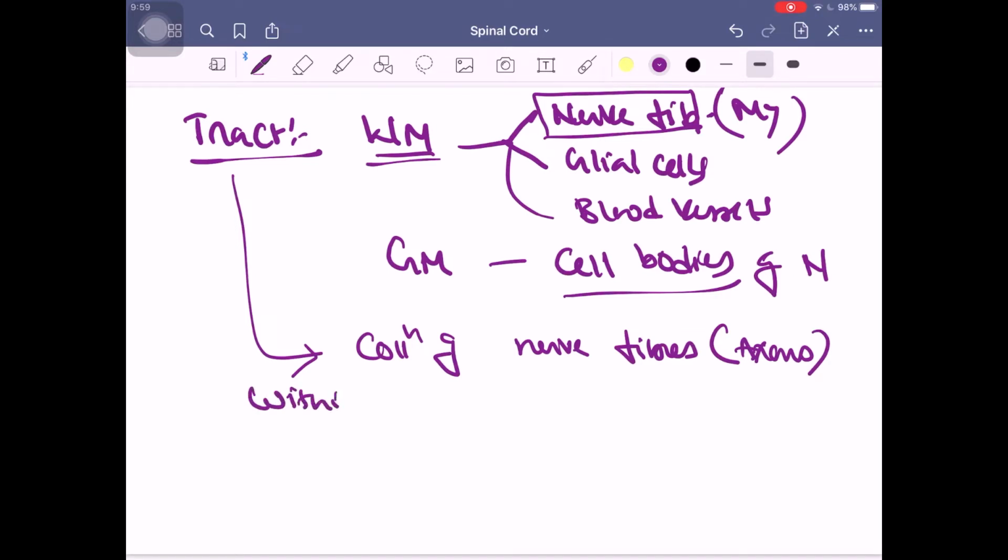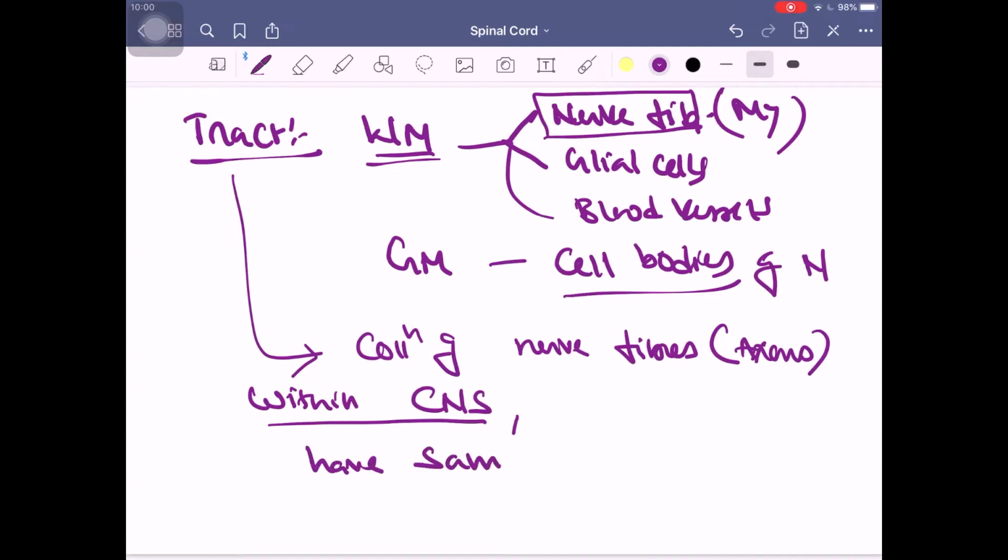Very important: within the CNS, the central nervous system, only then do we use the word tract. If the same nerve fibers are outside, leaving the brain and spinal cord and coming out, we use the word nerve, and here we are using them as a tract. So tract and nerve differ by location, the periphery. Plus, apart from being located within the CNS, there are many nerve fibers within the CNS, but you are not calling every nerve fiber a tract. For that, they should be in the CNS, that is the location part, plus they should also have